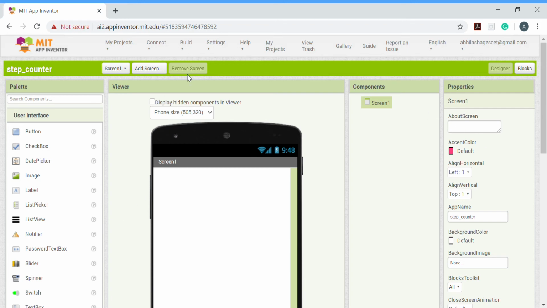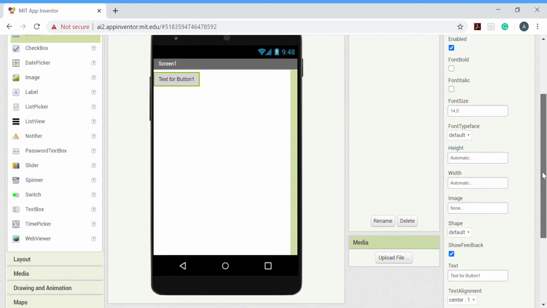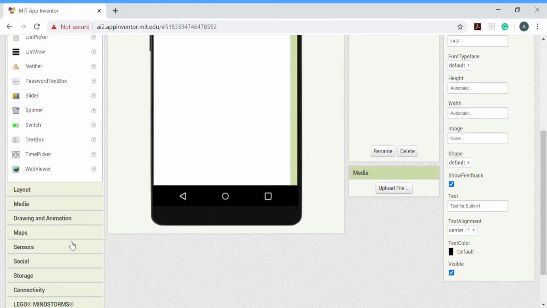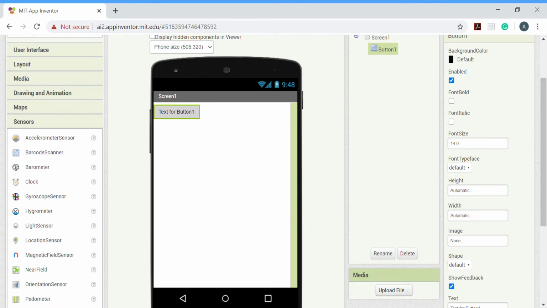Hello friends, today we will discuss how to create an app of a step counter. Drag and drop a button, go in sensors, drag and drop a pedometer,